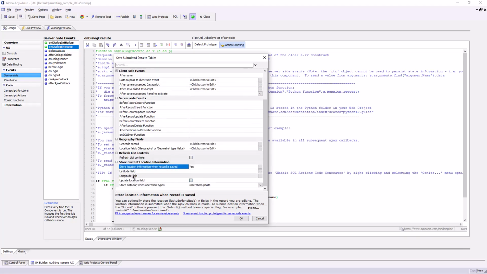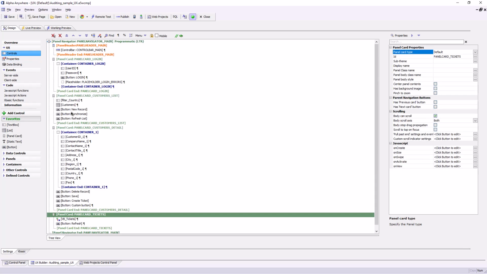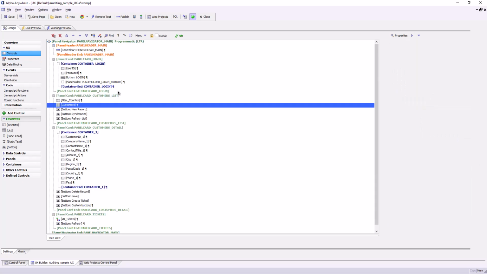Then we get options for where to store that, update the location field, and we also have options to geocode, which means get address data from lat long. So this option is there in data-bound UXs, but it's also available in list controls. So if we go to a list control with a detail view